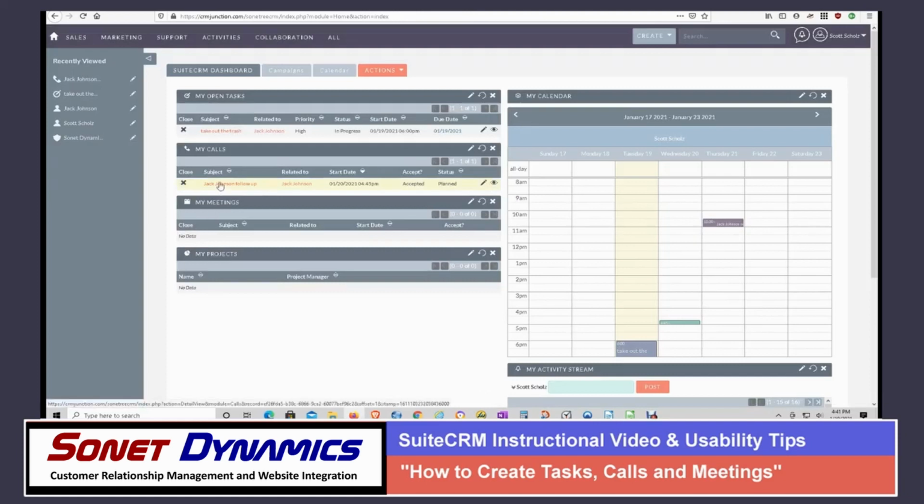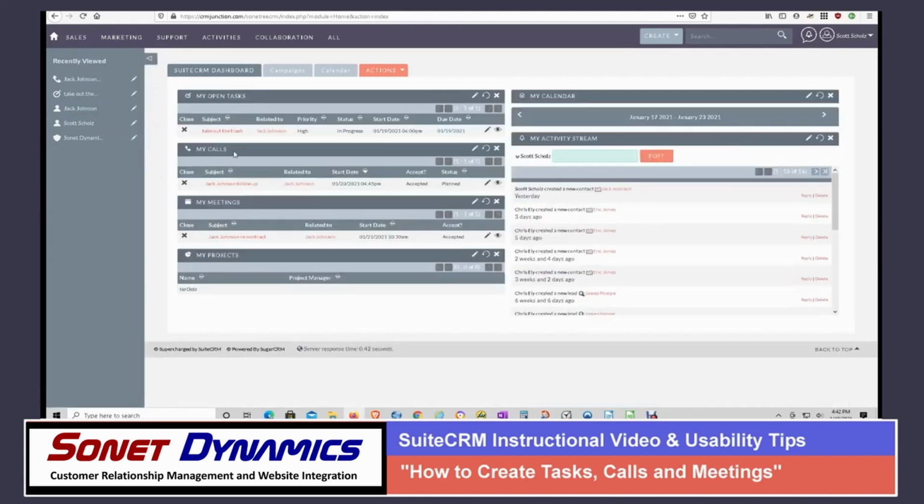And you can see we've got all of these activities. Oops, because I did this in the calendar within the home dashboard, it doesn't show up down here in meetings yet. So what I need to do is refresh the page. And you'll see that